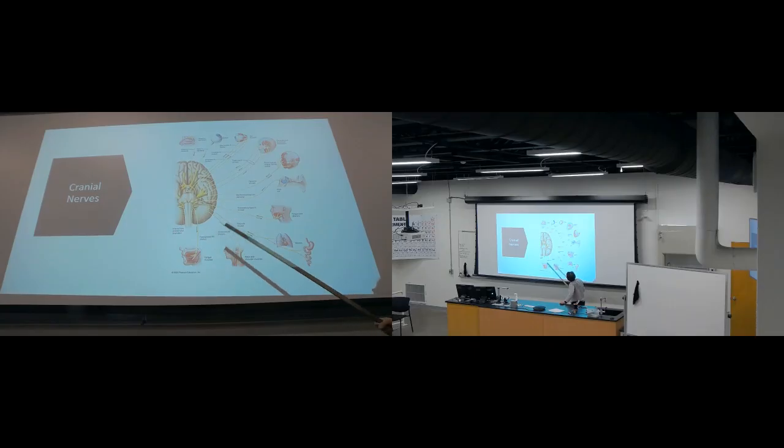Well, it will be this one in here. So that one innervates the lateral rectus muscle. And then we have the facial nerve that innervates all of these muscles of mastication, plus sublingual gland,